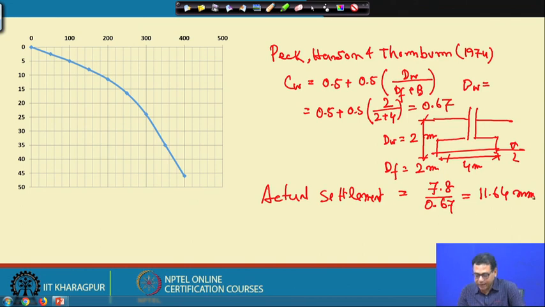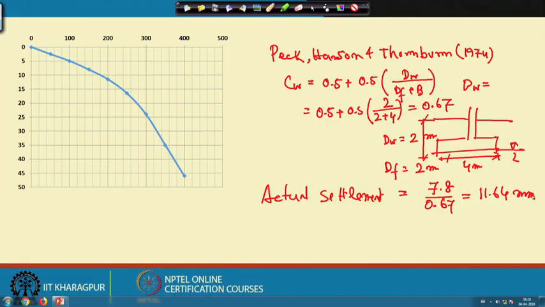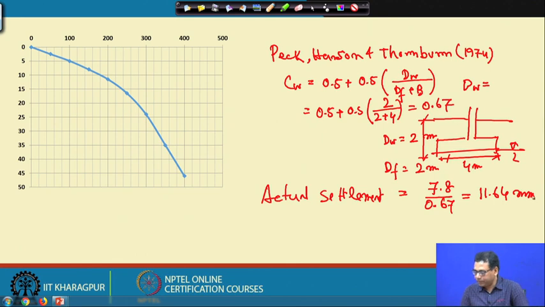So, if I use the IS code, it always gives a higher settlement when I apply the water table correction, because from the base to the surface it is always 0.5, but the other methods will give you a slightly lower settlement value. Similarly, the IS code will give you a lower shape bearing capacity, and the other method will give you a slightly higher shape bearing capacity value. So, these are the two methods that I have discussed for this problem.